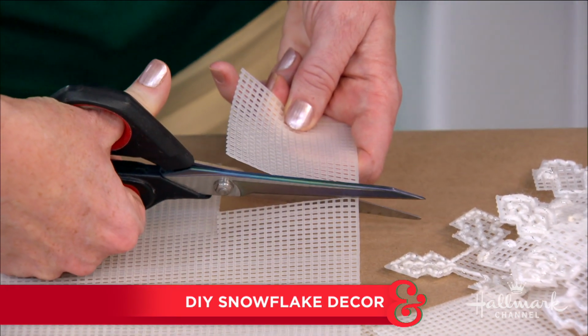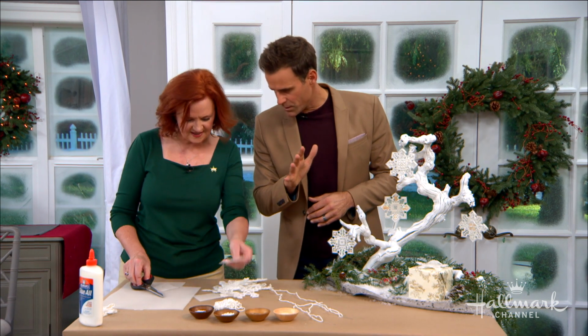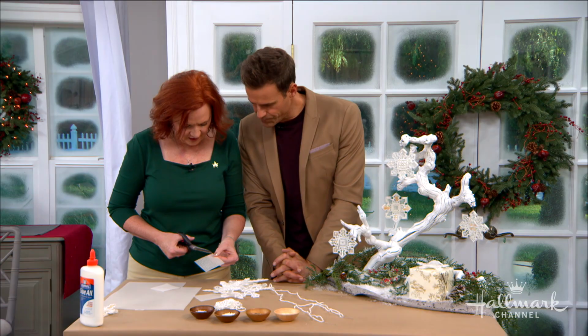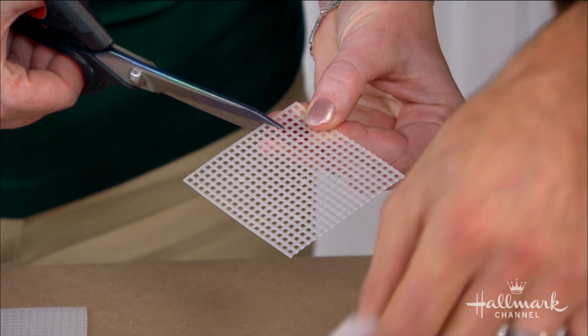Once we get our square, I'm going to change over to one of these just to make sure that I have the right number. Great. Then at that point, Cameron, we're going to go over 5. Am I doing this too, or are you... Oh, I see. You're going to cut that guy into...